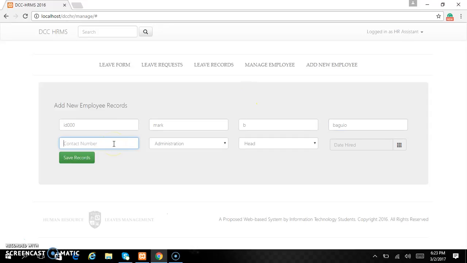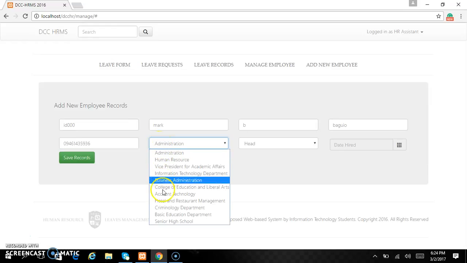And the contact number, this is very important because our system will automatically generate a text notification alert to the cell phone of the employee regarding the status of the leave request. So I will put the cell phone number 946-143-5936.